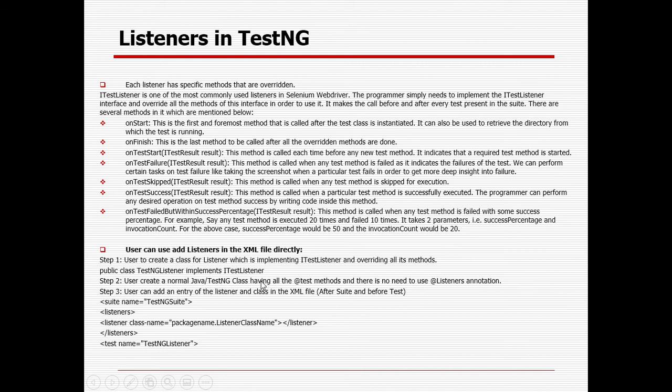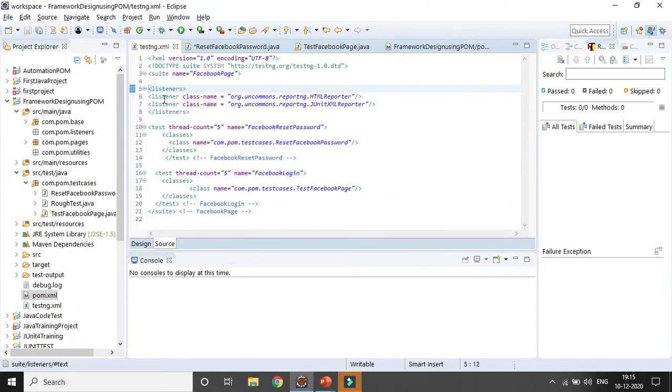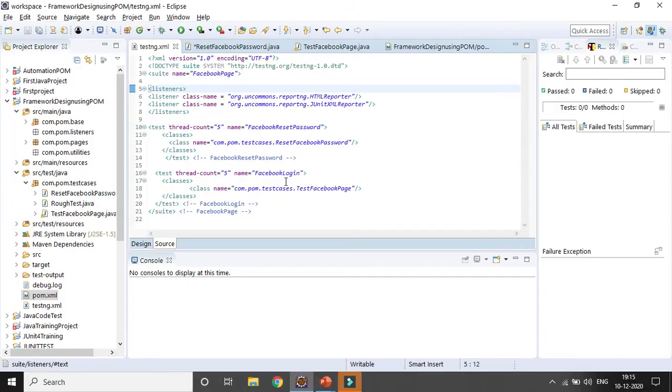So in case I am having some class, I will definitely call the methods I already have, right? Then in the testng.xml file we have to add this listener. I already have a listeners tag, so I simply need to add one more listener under the listeners tag. This is the listener's name, package name dot class name. After that, if you execute from the testng.xml file, it will be executed. Okay.